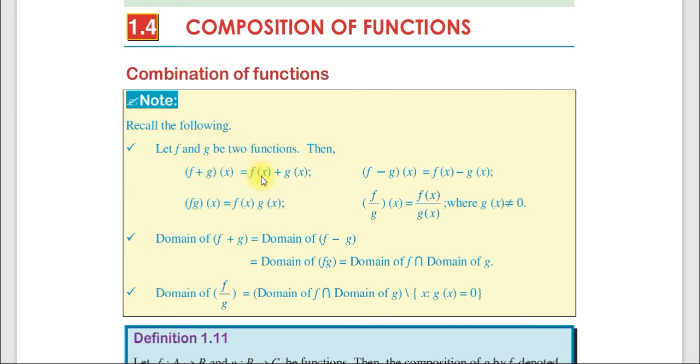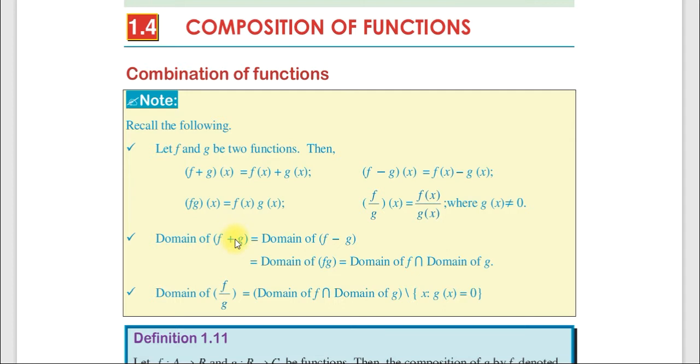g at x which is equals to f of x plus g of x, f times g at x ማለት ደግሞ f of x times g of x እንደማለት f minus g at x ማለት f of x minus g of x, f over g ይሄ ደግሞ በዲቪዥን ነው at x ማለት f of x over g of x but g of x differ from 0